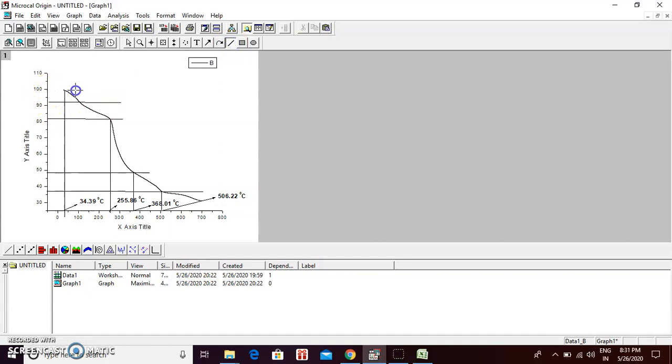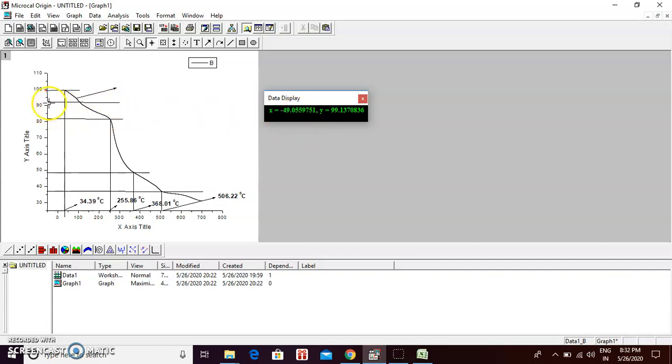So you have to put the line cursor here and put one arrow. Now here you have to see the percentage weight loss, and calculate what amount of weight loss is in this part. As you can see, this is the first point: 49.055.